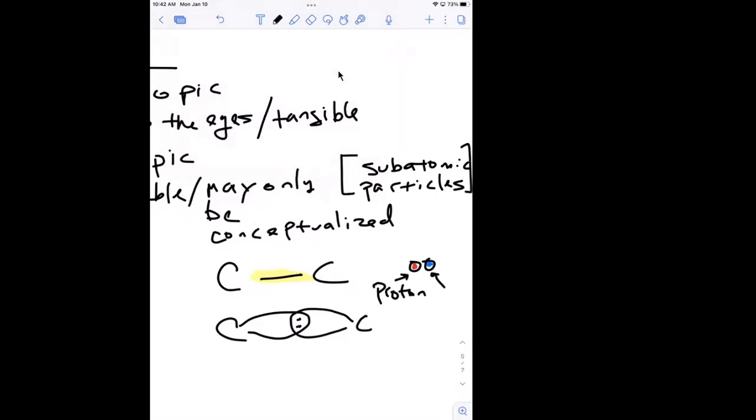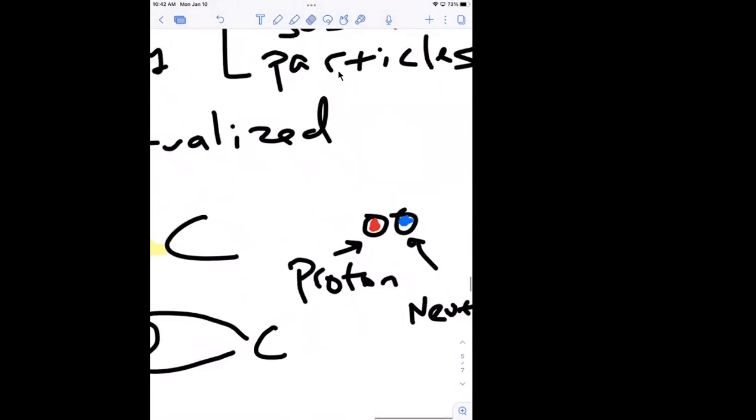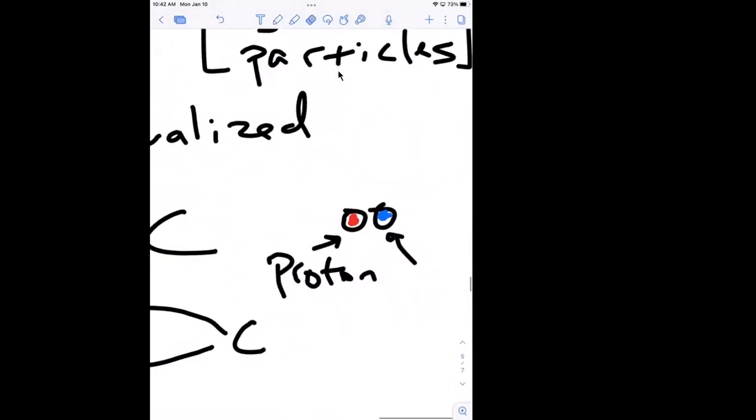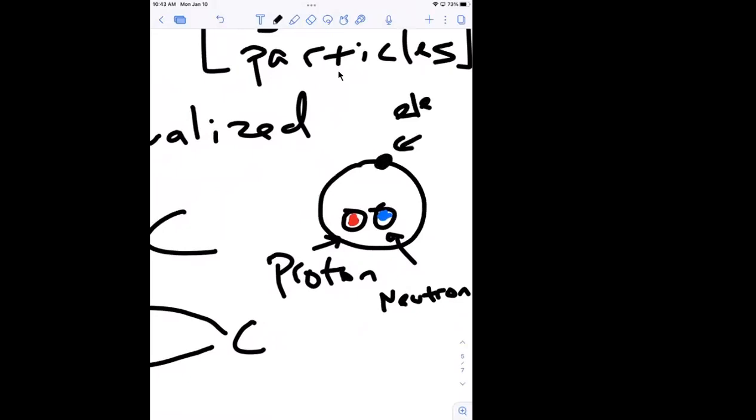And then the blue is a neutron. Oh, ran out of space, hold up. So the blue is a neutron. And then around that nucleus, there's an electron that's orbiting that nucleus, right? So this is the model